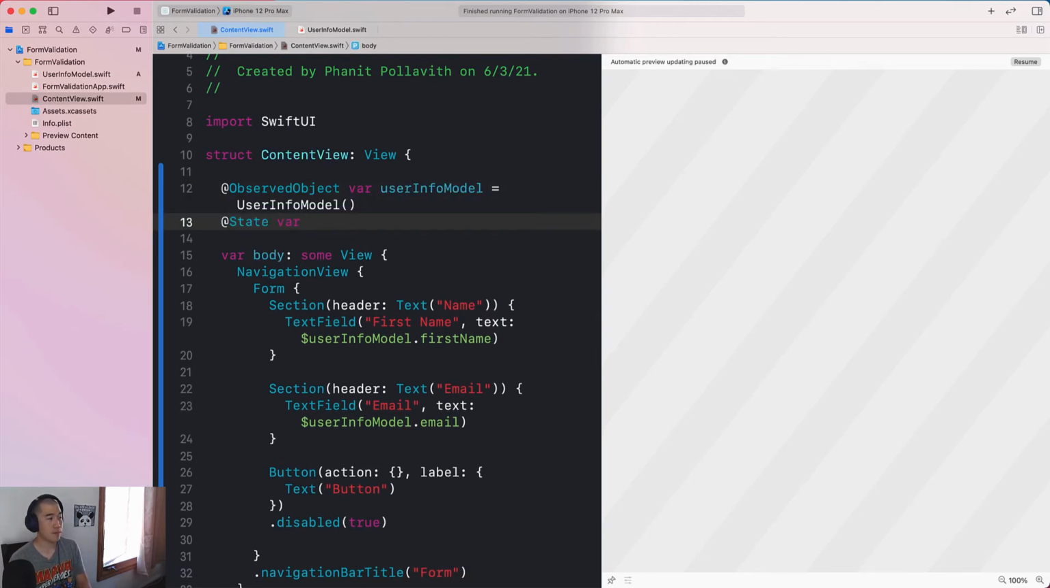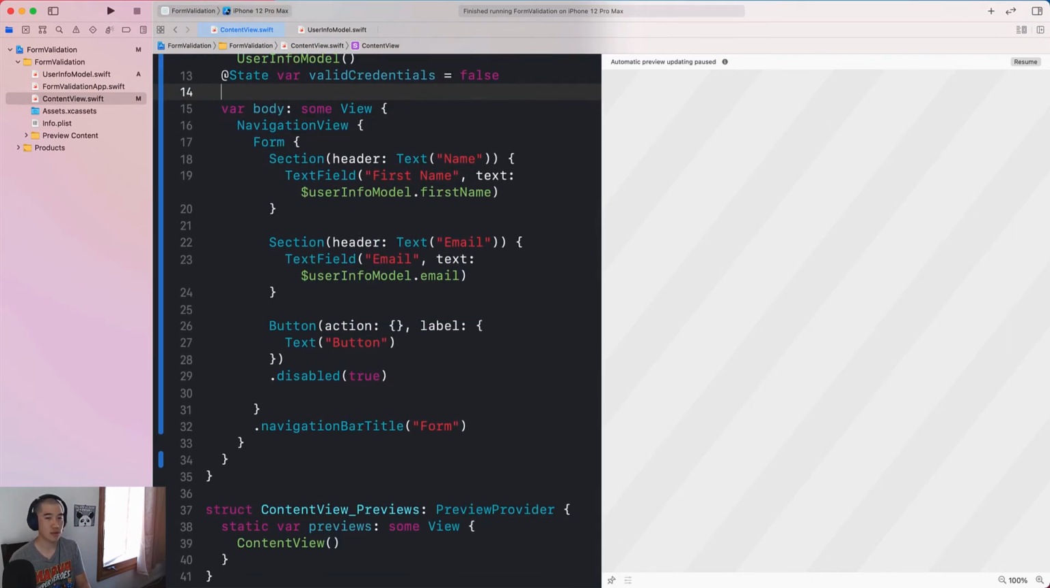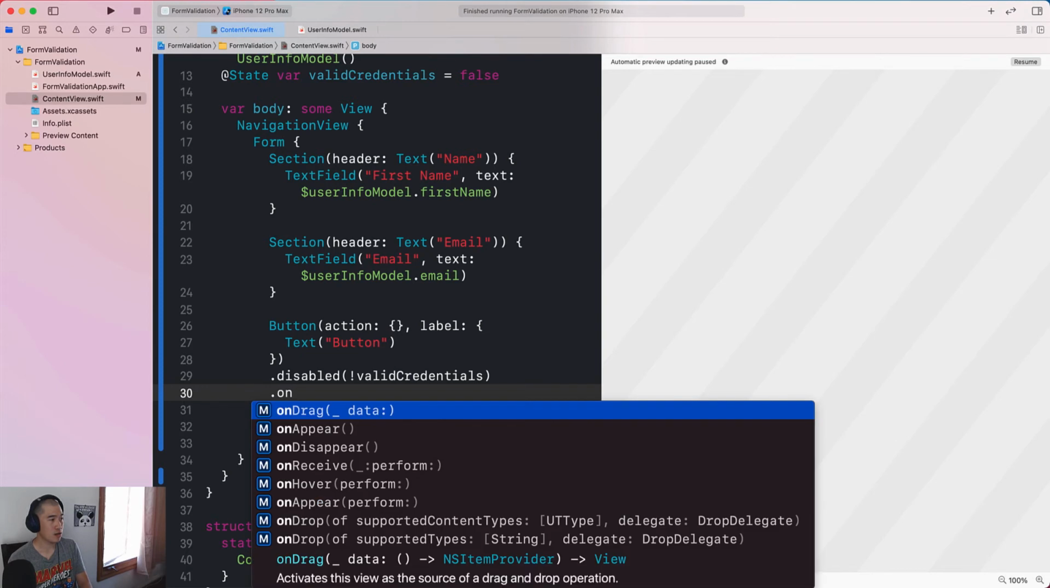We have a state called valid credentials. Initially it would be false. Initially, let's just say the credentials are not valid. And here, where is it? Disable. So instead of true, we're just gonna look at our valid credentials. If it's valid credentials, we don't want to disable it, so we negate that, and we can call